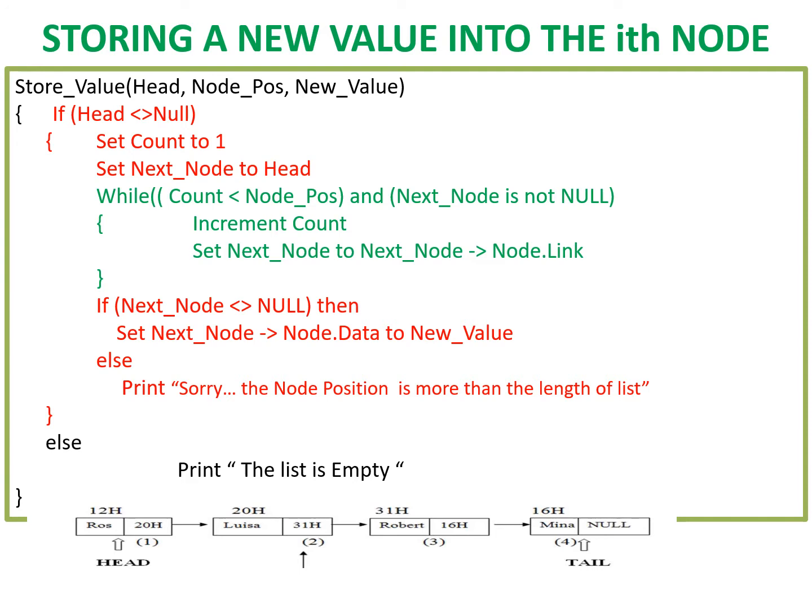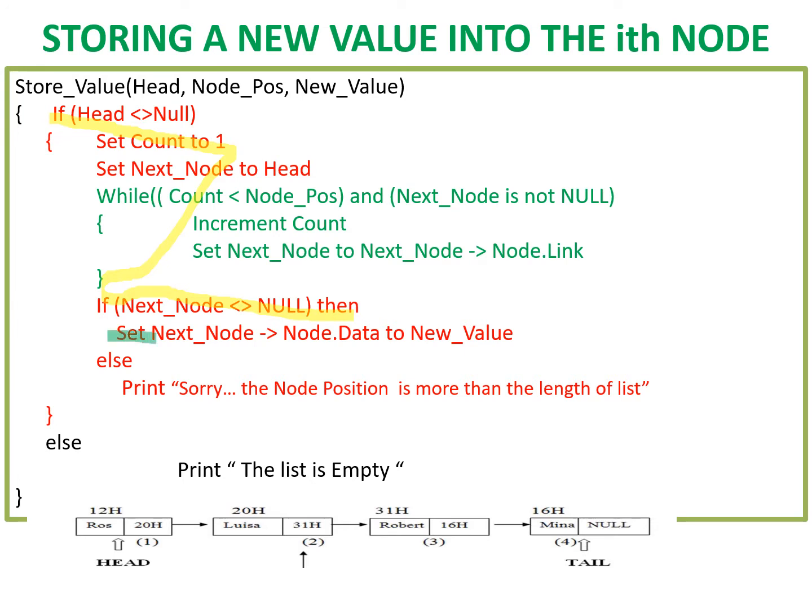Now, instead of retrieving the value of the desired position, we have to store a new value in the desired position. So, same concept, our same process will be done. That means we have to traverse from the head up to the next node of the desired position. Okay, so as you have noticed, we have almost the same code until this one, except for